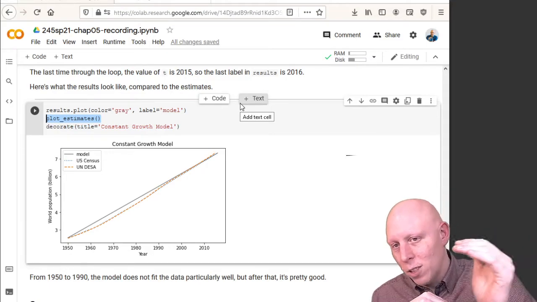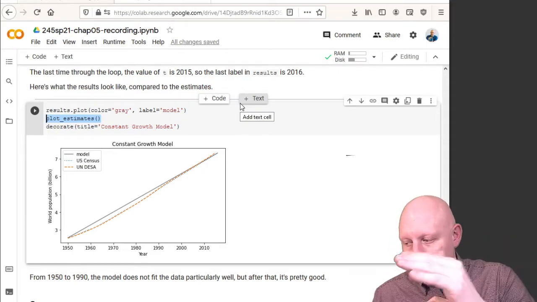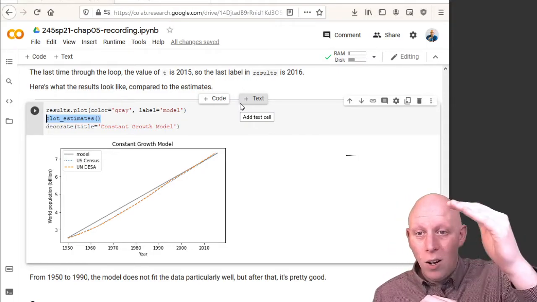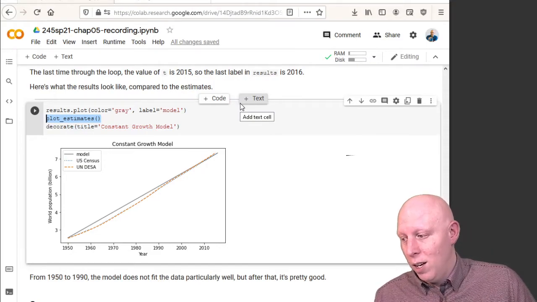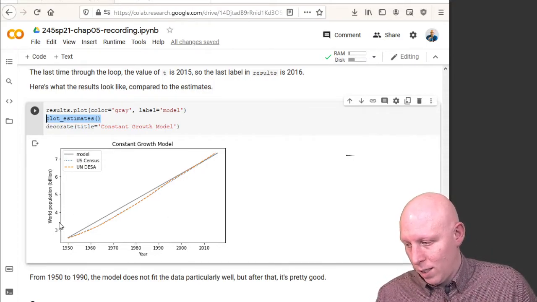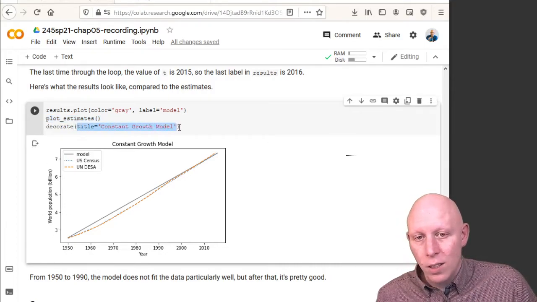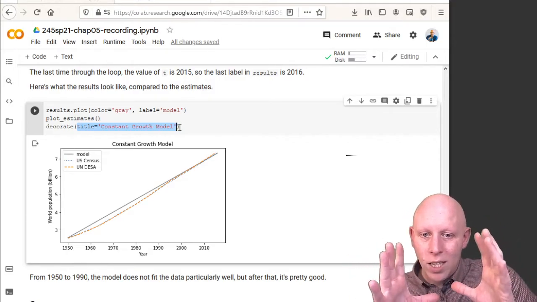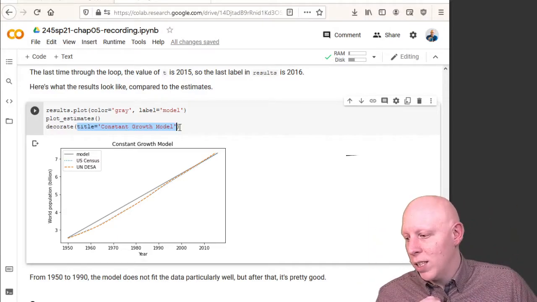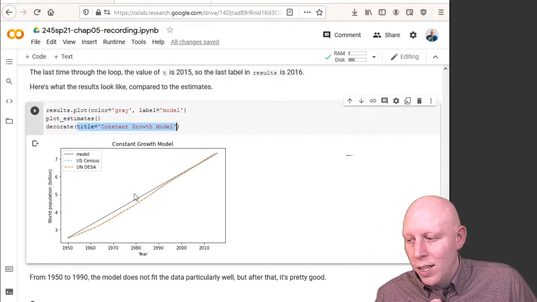So it's plotting results, it's plotting census, and it's plotting UN all at the same time. There are even two different decorate commands, one of which is giving us the axes labels, and this one is giving us the title. So all that information is just one after the other. Once it gets to the end of this command, it dumps it out into a pretty chart that you can use